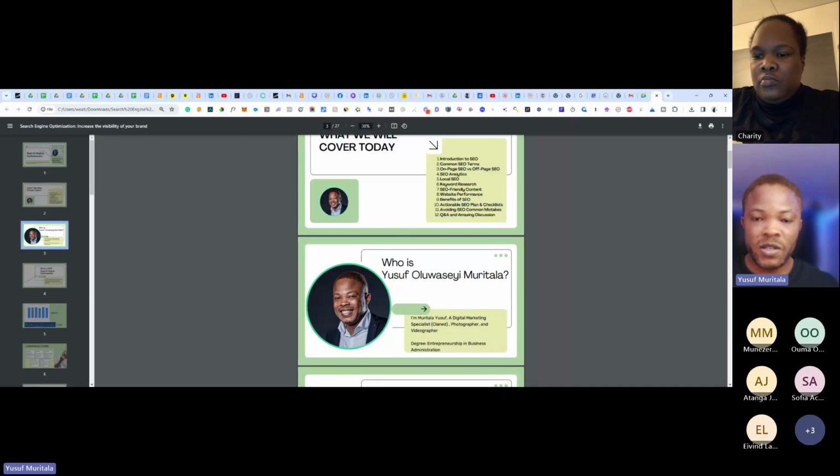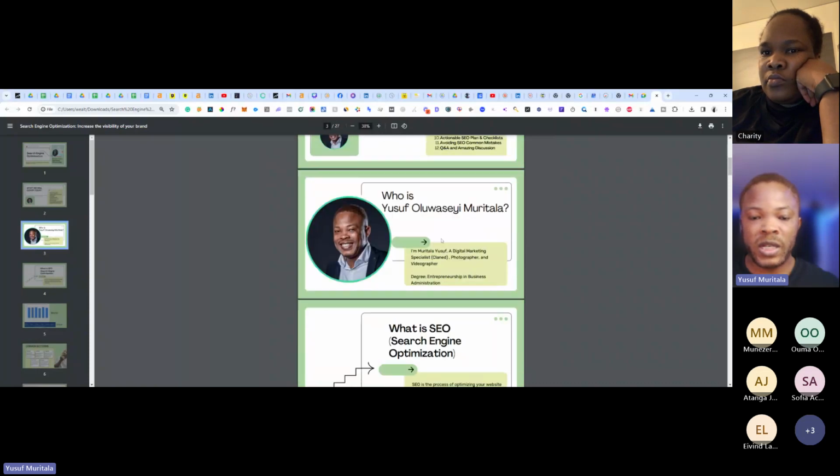The benefit of SEO is that it is more cost effective, it's cheaper, and it's a sustainable approach when you are a small or medium business that is starting up. We also showed some actionable SEO plan and checklist.